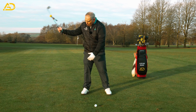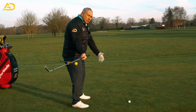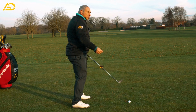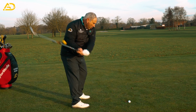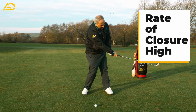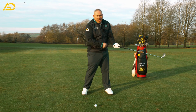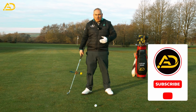Now when the club face gets open in the downswing, you've got to square it up somehow. What we see with amateur golfers is two things. One, they drag the club across the ball to start the ball more left to allow for the club face being open, or the rate of closure with the forearms and wrists gets very excessive, so they either get massively scoopy and lots of rotation in the wrists and lots of throwaway with the hands and arms,